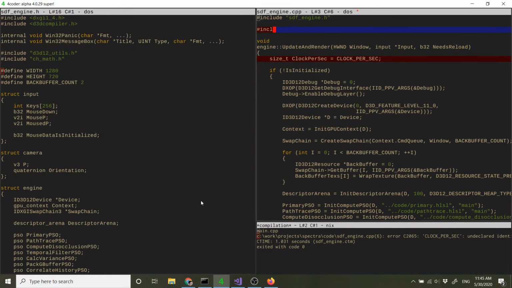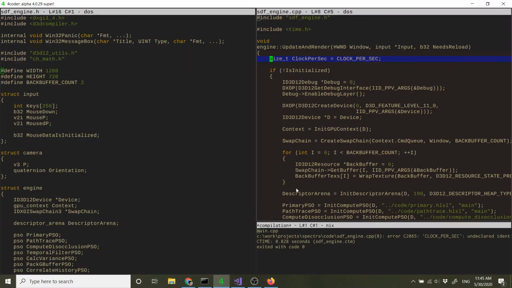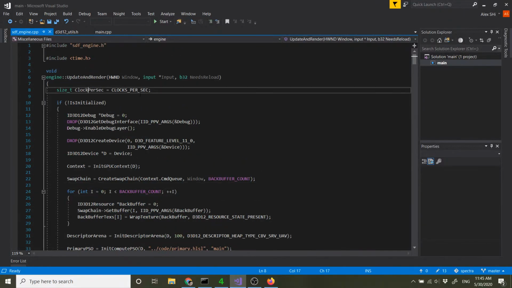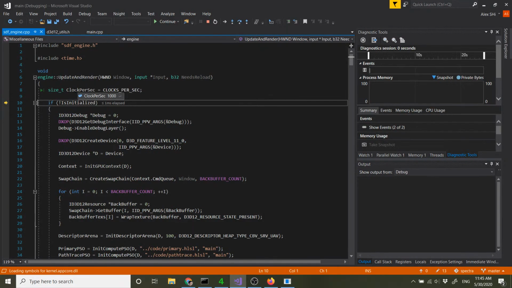Is it clocks or... yeah, clocks per second. Dude, come on. So one clock tick is just 1 millisecond. That's pretty useless, but